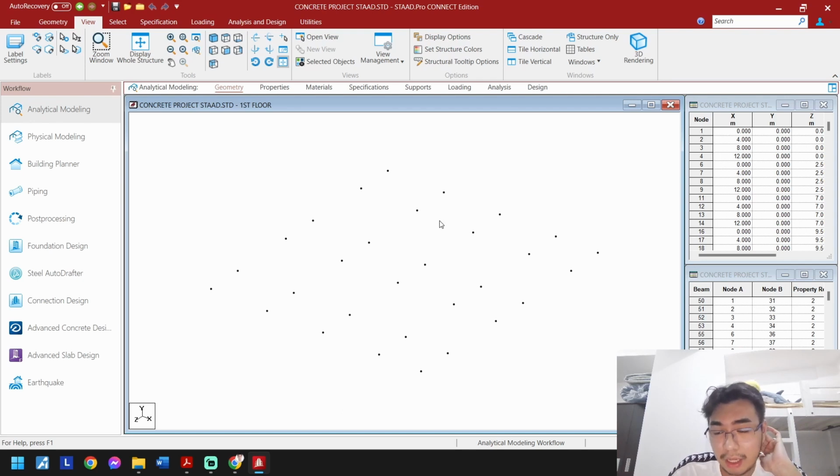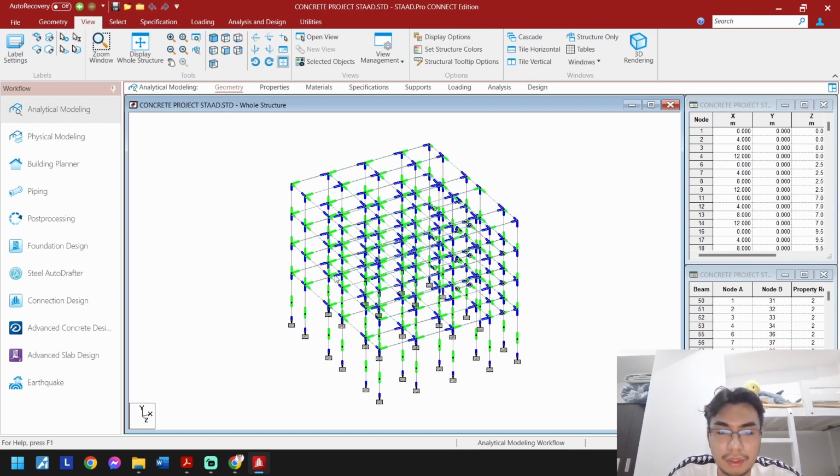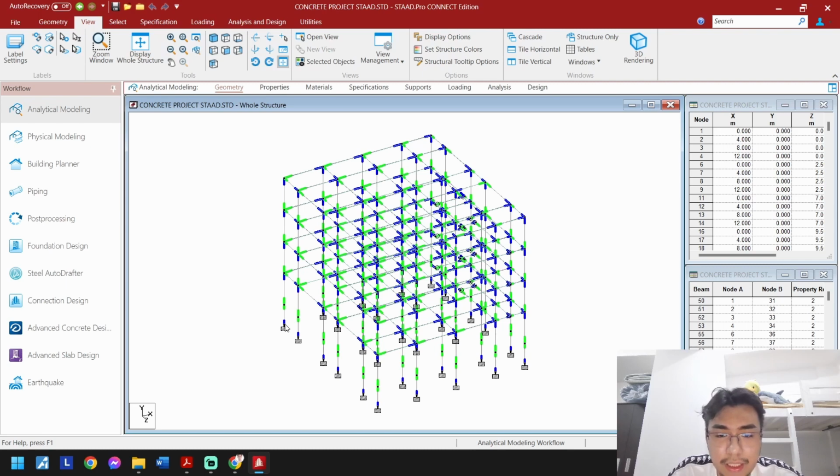Although in real life there are plinth beams, here we assume that the loads on the beam will be carried by the soil. So we don't have to put it in there. And also for the support nodes, it is all fixed. We have decided it to be all fixed.